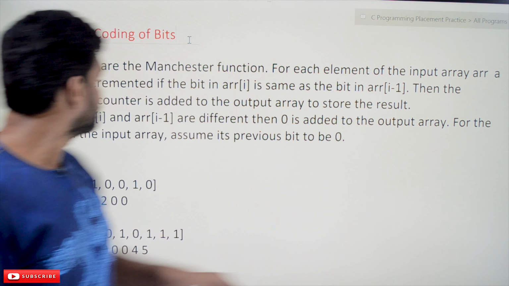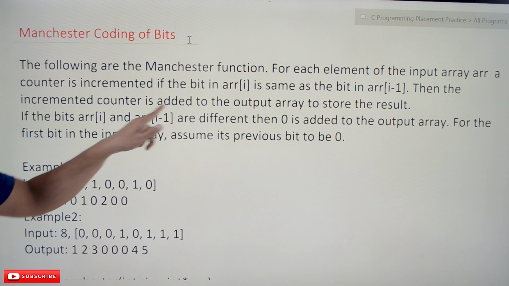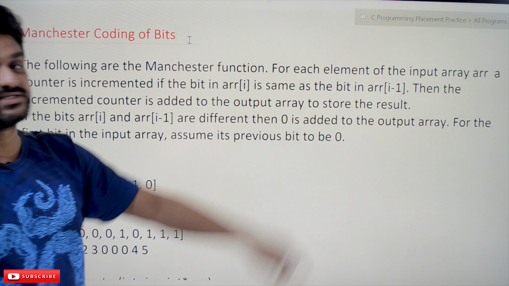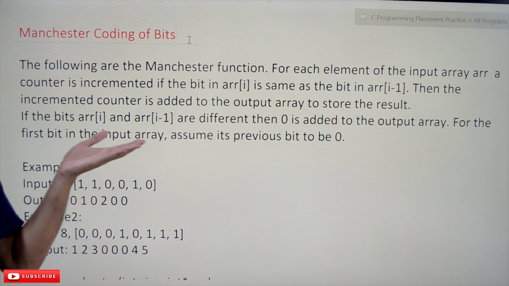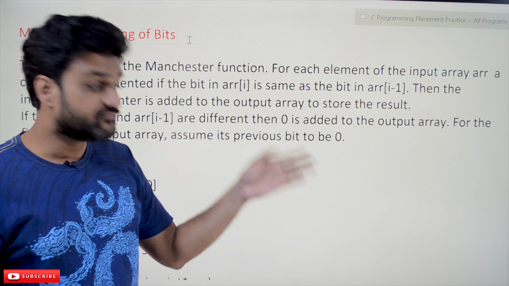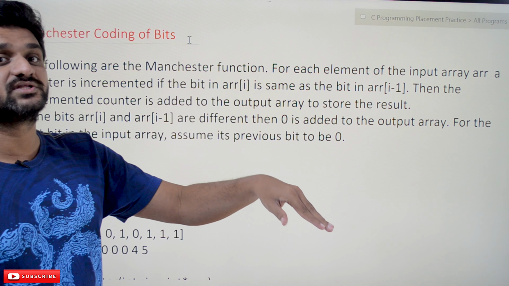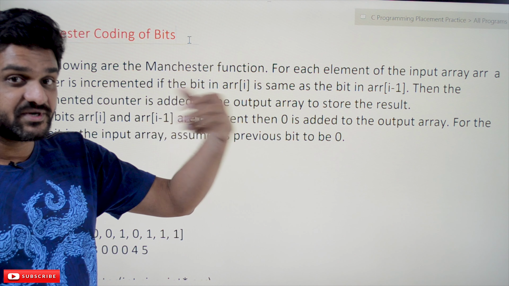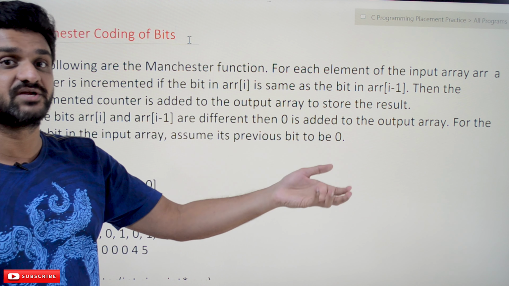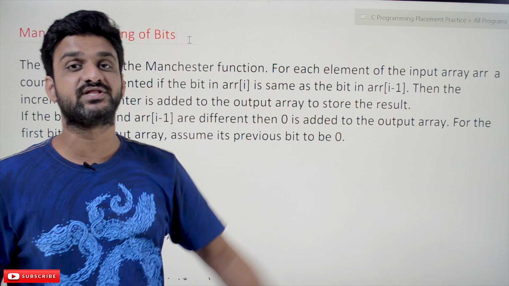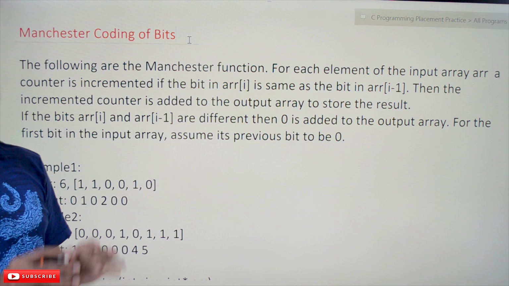Then the incremented counter is added to the output array to store the result. So we have to use another array, and within that array we store the incremented counter value. This is what they want.